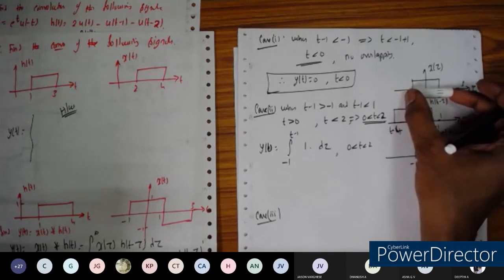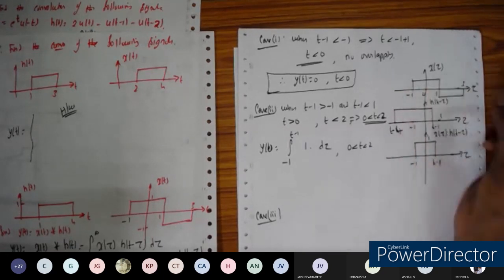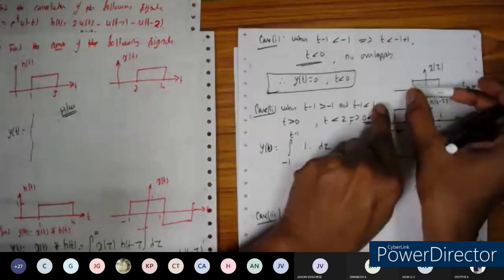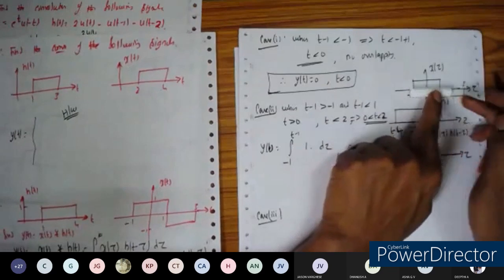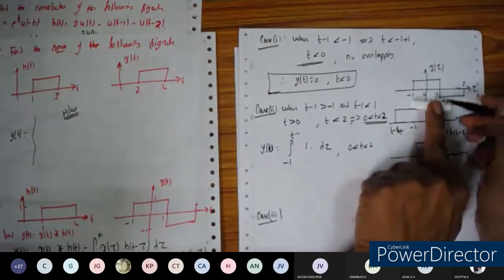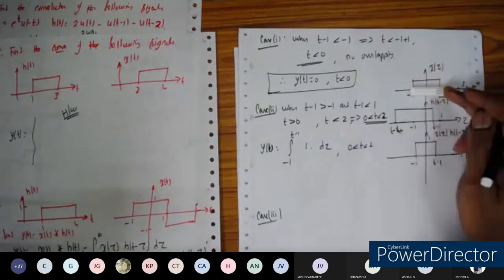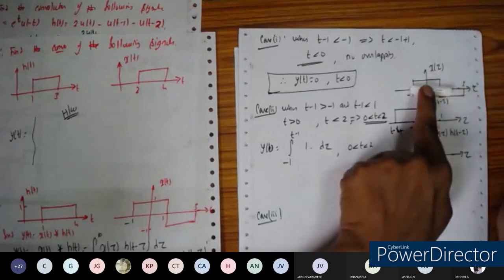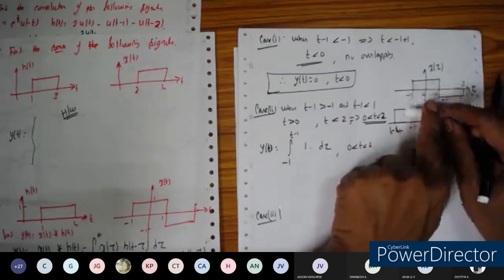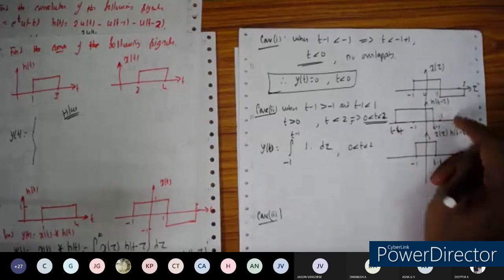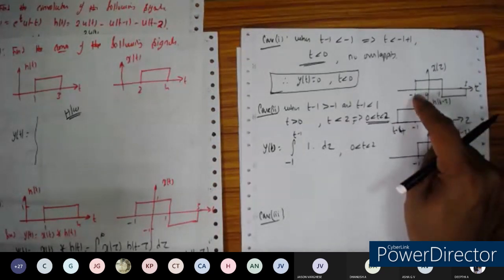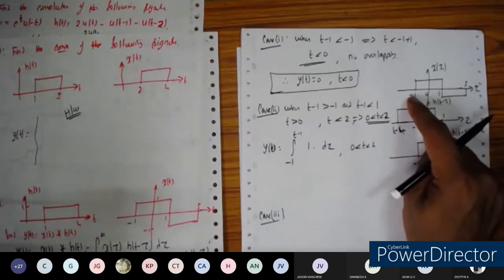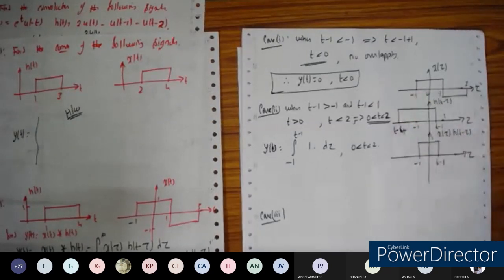How much part will get overlapped? This part is getting overlapped here, somewhere will be outside here, and after the signal some part is getting overlapped like this. Okay, now how is it going to overlap? We are going to take the case t minus 1 greater than 1 and t minus 4 less than -1. Can we take that case?